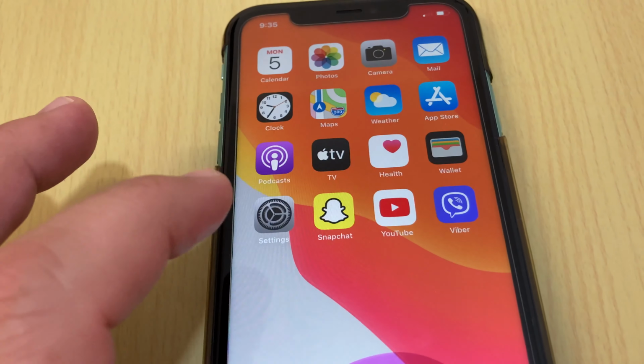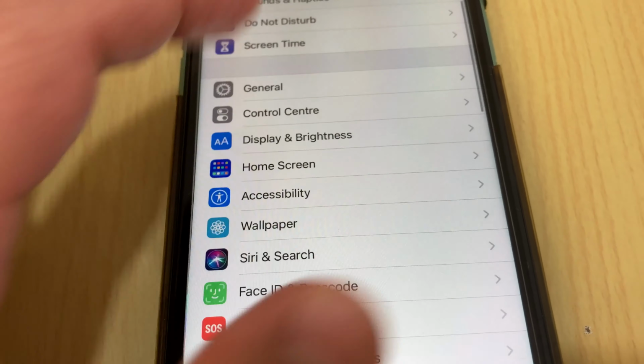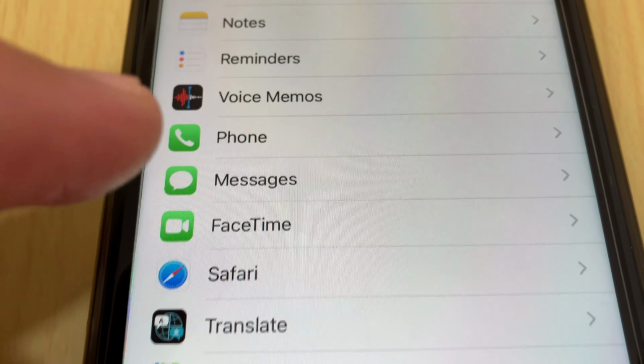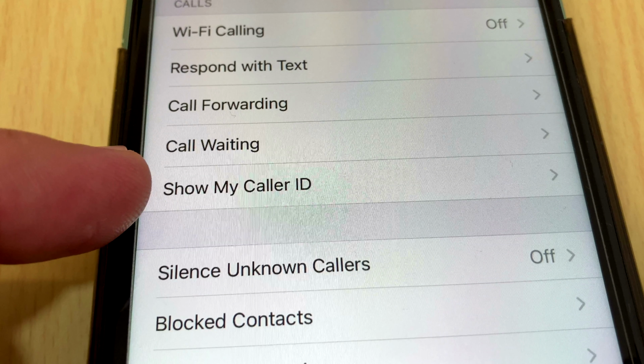You go to settings. From settings, scroll down, go to phone. And then scroll down, go to show my caller ID,